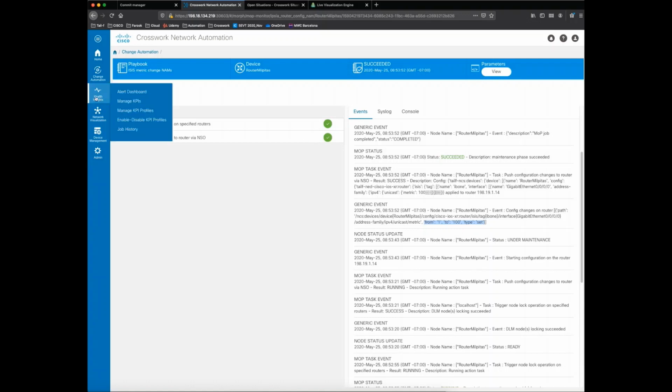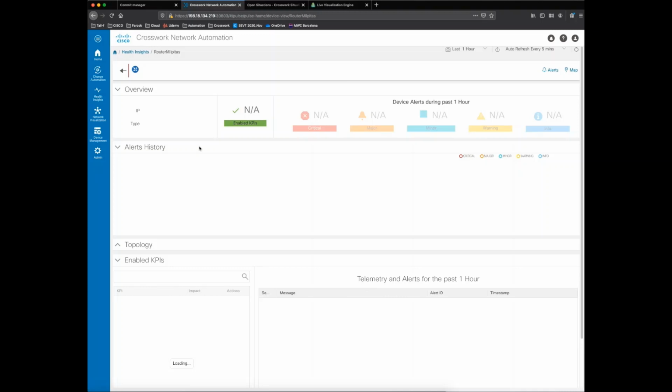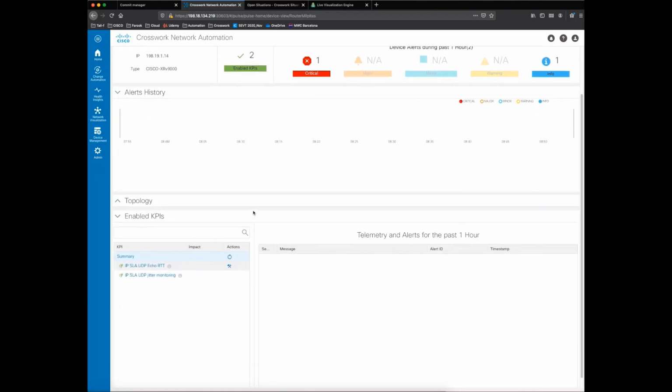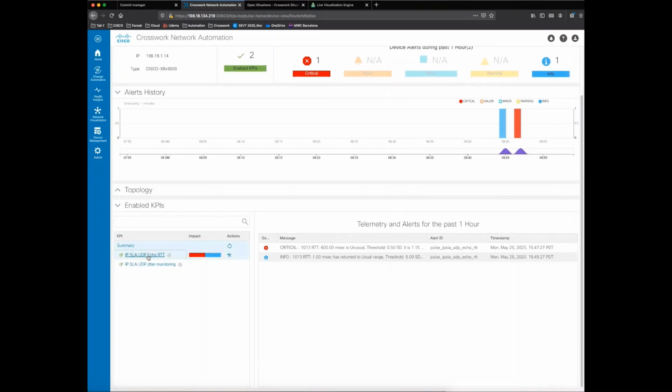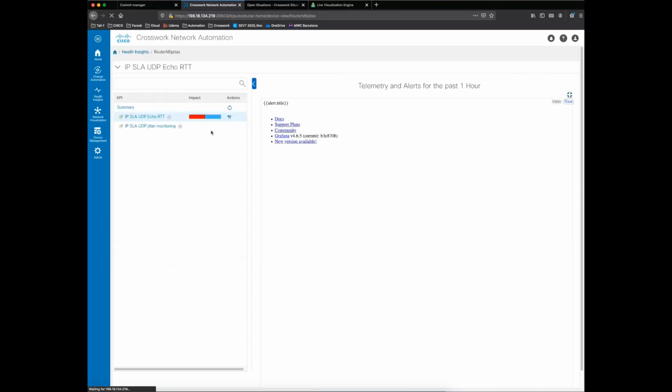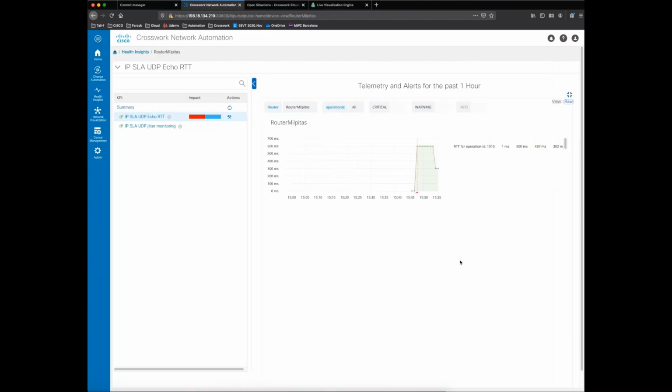So now that it is successful, let's go back to the router here. What we should see is we saw a spike in the graph before. At this point, we should be seeing a dip in the graph. What that means is the layer 3 VPN that we had was rerouted because of the change in the metric value. So we saw that there is a dip in that graph, which indicates that our layer 3 VPN has been